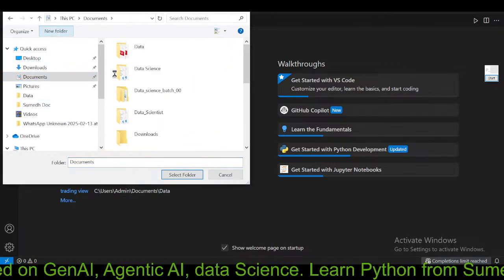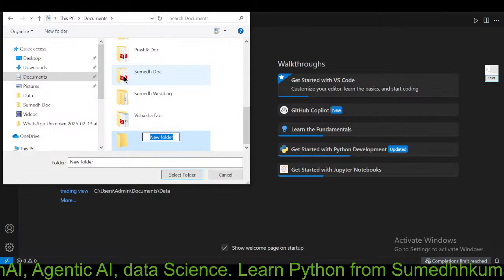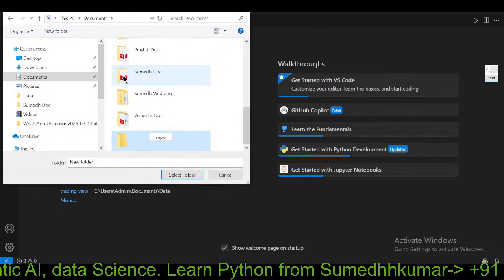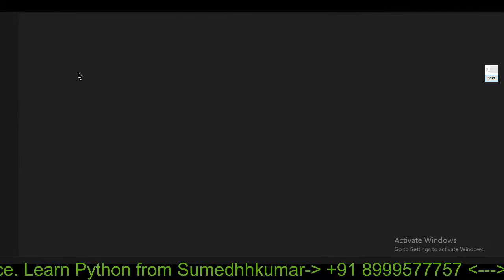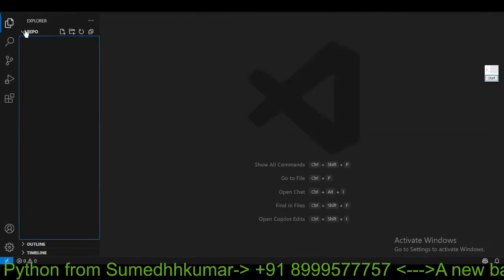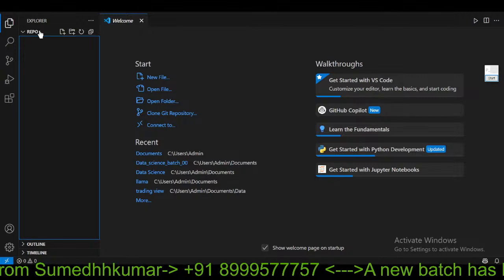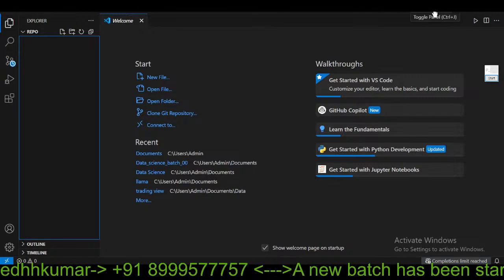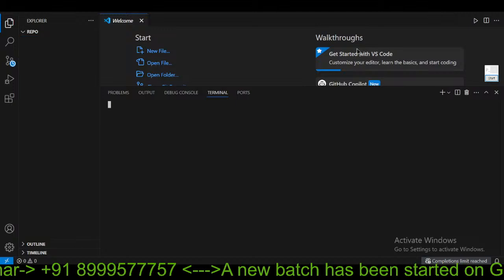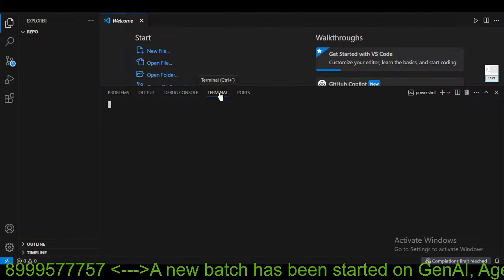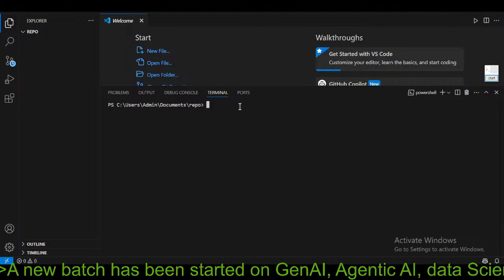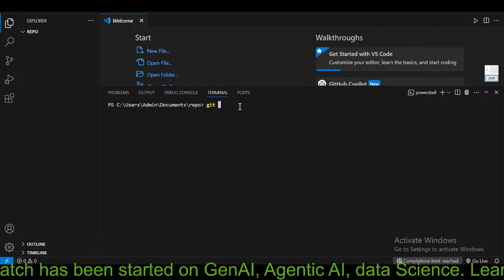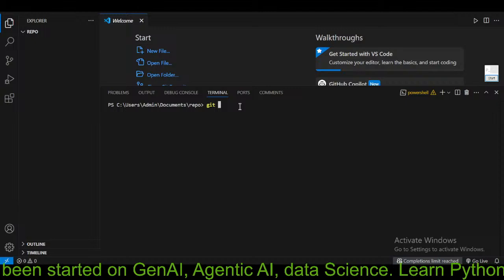मैं क्या करता हूँ, एक फोल्डर बनाता हूँ, रिपोजिटरी। ठीक है, repo नाम से मैं एक फोल्डर बना रहा हूँ। अभी मैंने फोल्डर सिलेक्ट कर लिया। बेसिकली जो आपका प्रोजेक्ट है इसके अंदर आएगा। अभी एक रिपोजिटरी में मैं आ चुका हूँ और ये जो टॉगल पैनल दिख रहा है इस पे क्लिक करूंगा तो ये टर्मिनल ओपन होगा। ठीक है, और आपको गिट इंस्टॉल रहना चाहिए सिस्टम में।